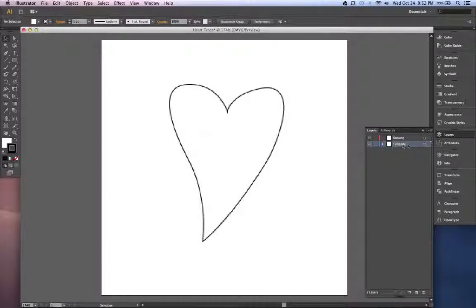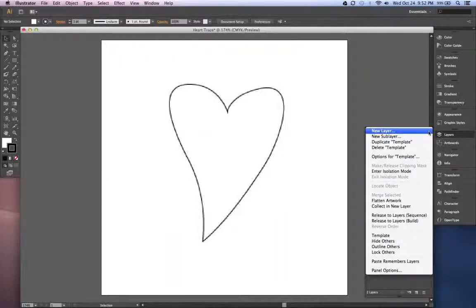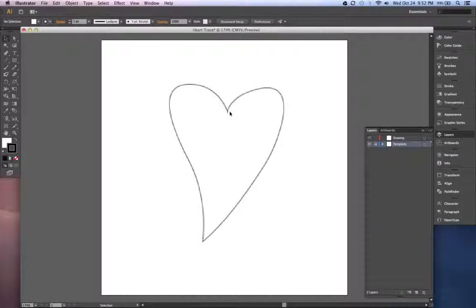I'm going to come over here with the template layer still selected and highlighted, to the contextual menu, and I'm going to select template. That's going to do two things for me. It's going to gray it out, and it's also going to lock this layer. So now if I try to grab it, I can't, which makes it nice for what we're doing, because we want to be able to trace around with the pen tool and not accidentally grab it, or when we have the direct selection tool selected. Anyway, we want it locked in place and kind of in the background,